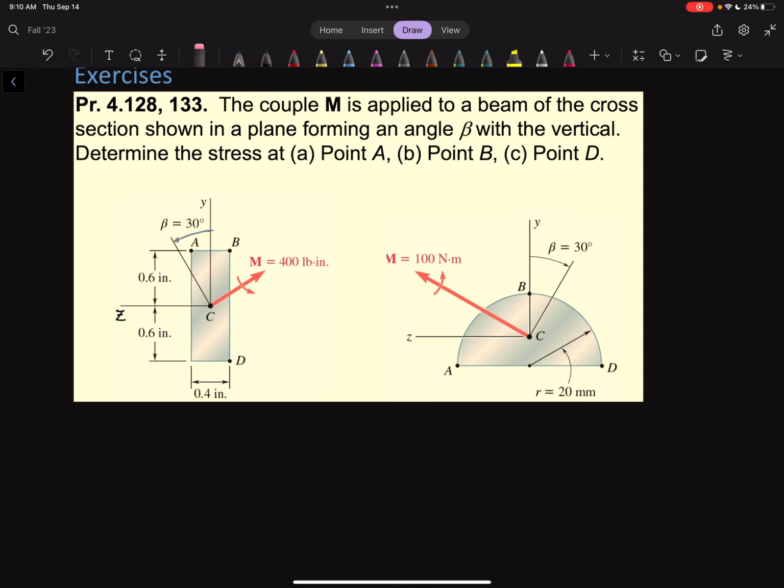All right, so the first thing we want to do is make sure we have the angle with respect to the z-axis. So this is going to be 60 degrees, and then we'll deal with the other figure later. So we'll start with